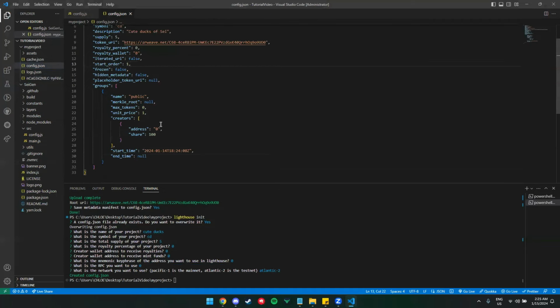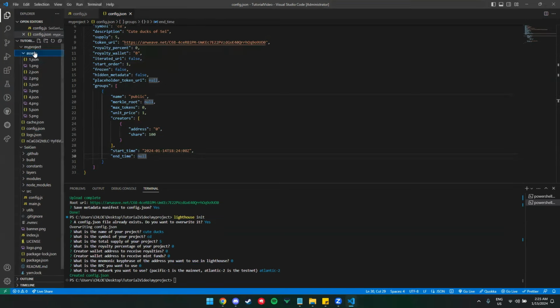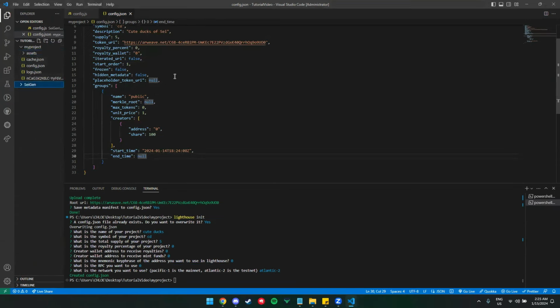Okay. So here, it shows only the public mint, in which there's no need for any restriction. Anyone can mint. So if you have a whitelist mint and OG mint, you can just create a new JSON file for them.